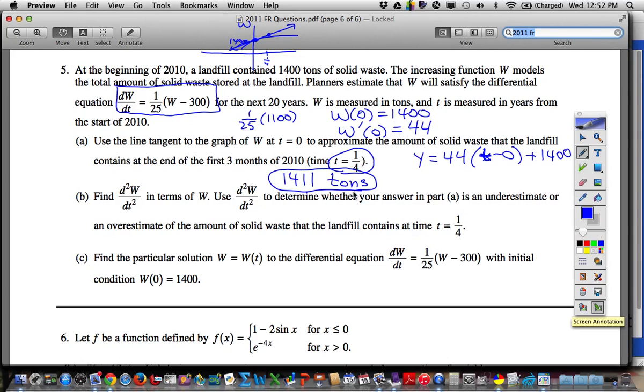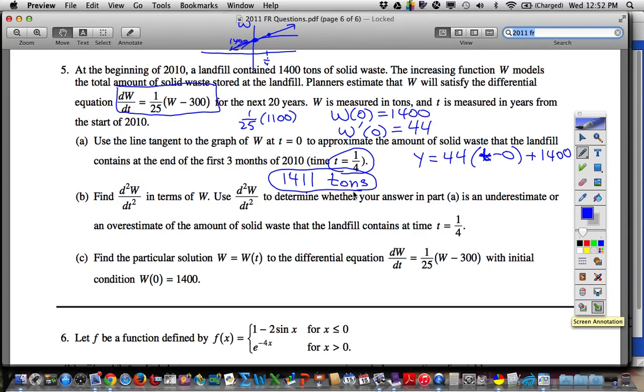They say use that to determine whether your answer in part A is an under or overestimate. Look at my picture. If my picture's right, is it an over or underestimate? It's an overestimate because it's concave down. Well, what tells you concavity? Second derivative. So in this problem, they're telling you, because again, I'm guessing some of you would read this question,